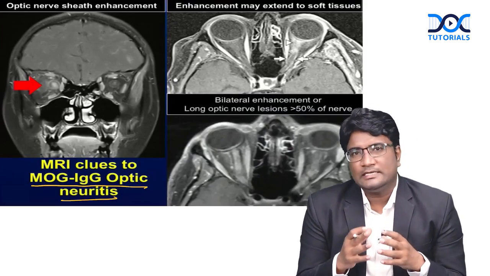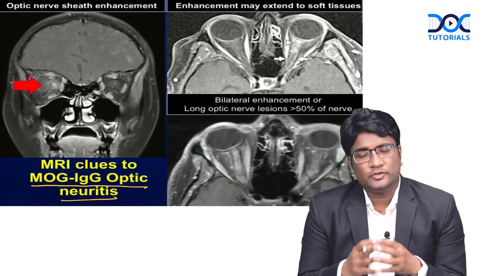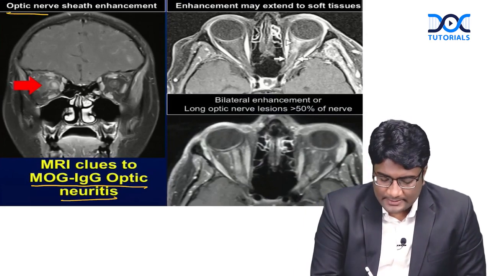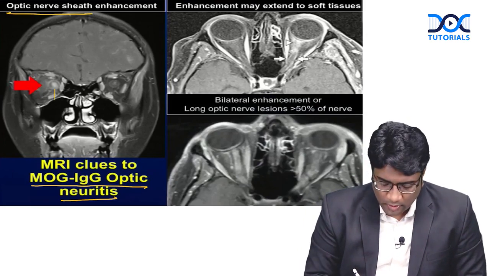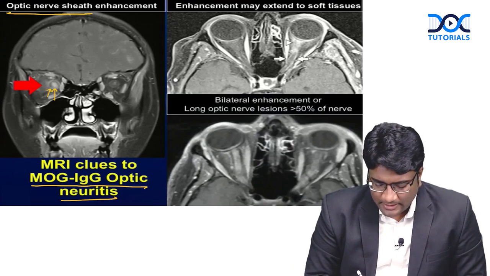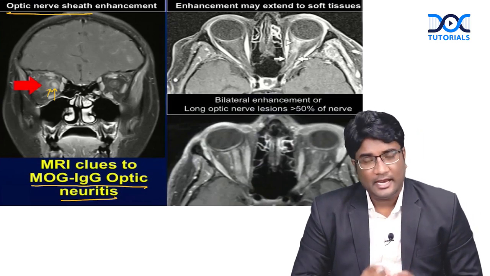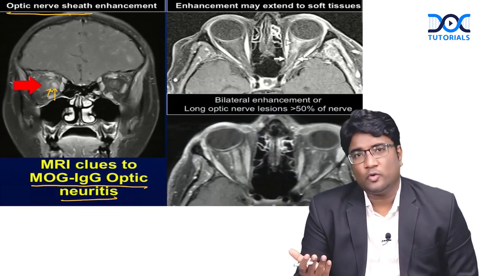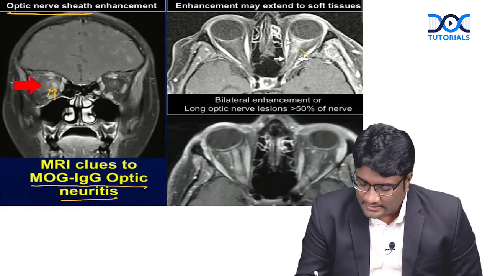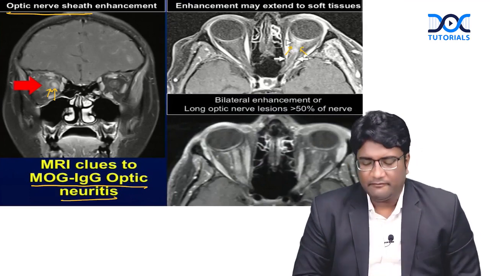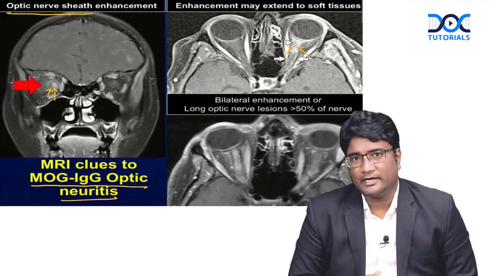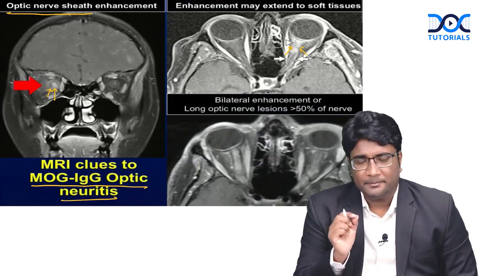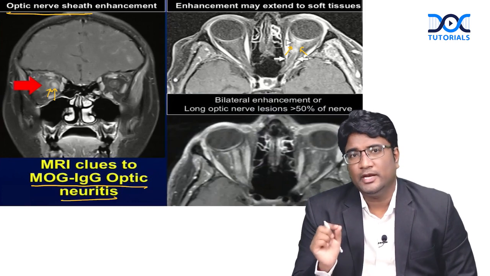Now, if we see what are the MR imaging findings in MOG antibody-associated optic neuritis, a very important finding is the optic nerve sheath involvement. So, not just the optic nerve is involved, even the optic nerve sheath surrounding it is affected. And not just that, there can also be perineural involvement going into the intraconal fat, into the surrounding soft tissues. So, it is not just the nerve that is involved, even the surrounding fat and the soft tissues are affected. This is a classic finding in MOG antibody-associated optic neuritis: optic nerve sheath involvement as well as perineural involvement.